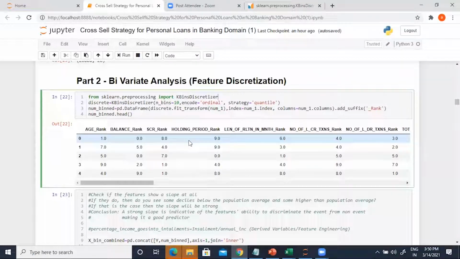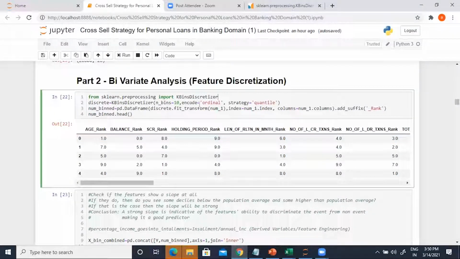So these 10 groups are going to get created in such a way that the first group is going to be composed of a certain kind of value, the second group a certain kind of value, and distinct, different values will be there in distinct groups. We bring that concept here using k-bins.